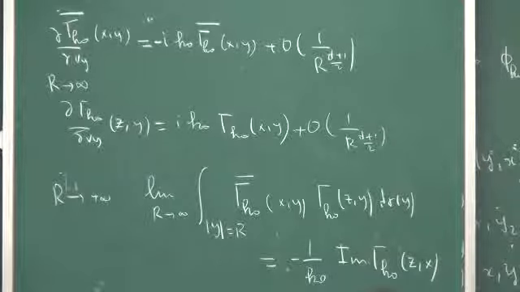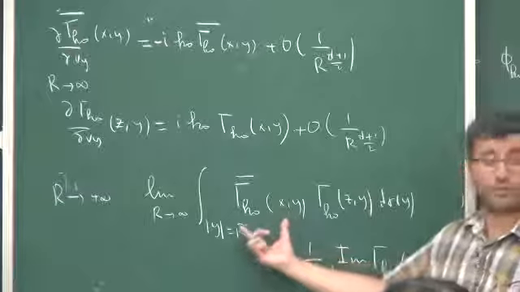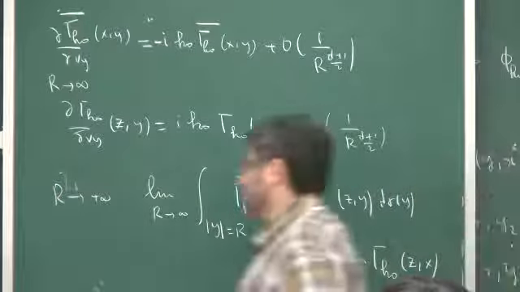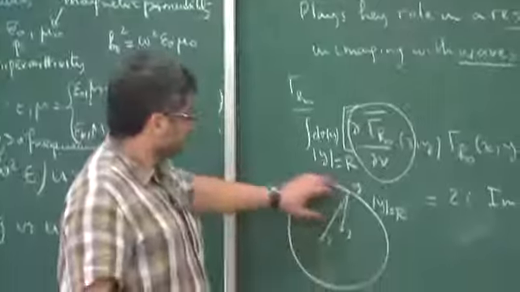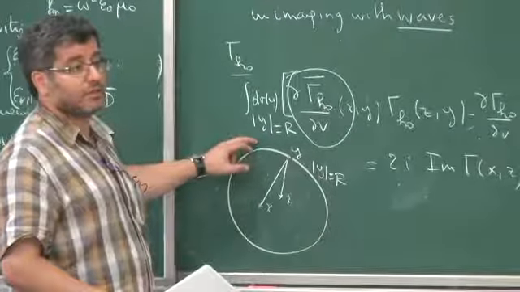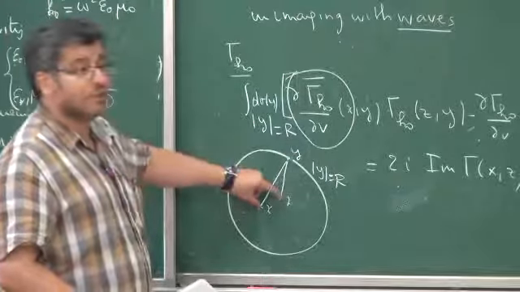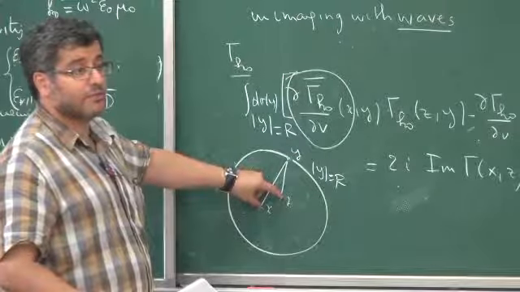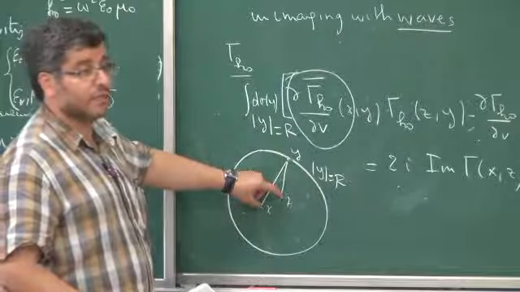And this is the Helmholtz-Kirchhoff identity. So the product between the Green function and its conjugate: if you make the product between the Green function from y to z and its conjugate from y to x, and you integrate over the whole disk, this gives you the imaginary part of gamma k0 at z and x.